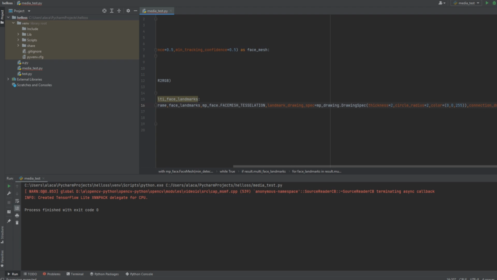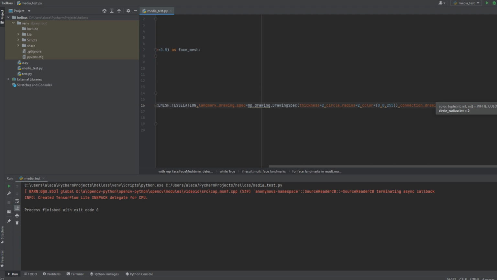So let's write here mp underscores drawing dot drawing spec, and also open and close parentheses. For example, let's change the thickness value. So let's write here thickness and put an equal sign, and for example, let the thickness value be value 1 and put a comma, and